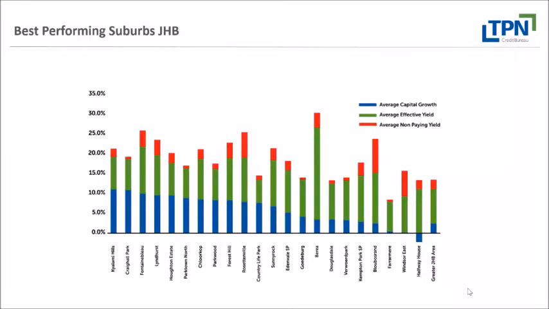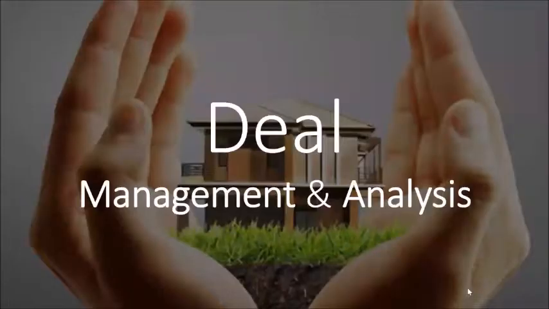So if we use a quick example for a flip, this is where you buy low and sell for a profit. Let's assume that your profit on the deal is 50,000. The money you've put in is 350,000. So that's buying costs, some renovation costs, some holding costs, etc. Your return on investment is the 50,000 Rand profit divided by your money in the deal, times 100, which is 14.2%.